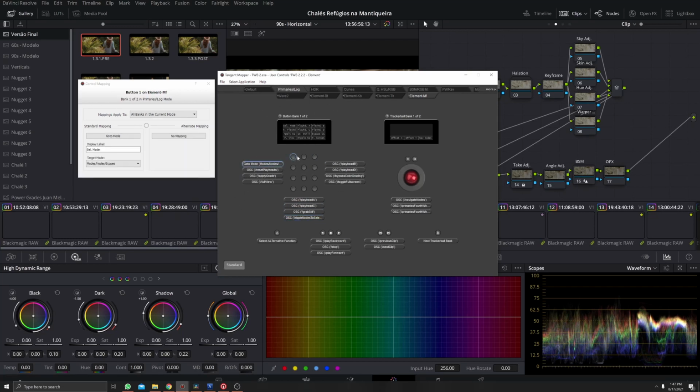And of course, you can press this button here to go to the mode selection. Down here is the same. You can play backwards and forward and stop and previous and next clip. And you can press the B button here, which will change the trackball bank. And in every mode, you have 2 trackball banks.